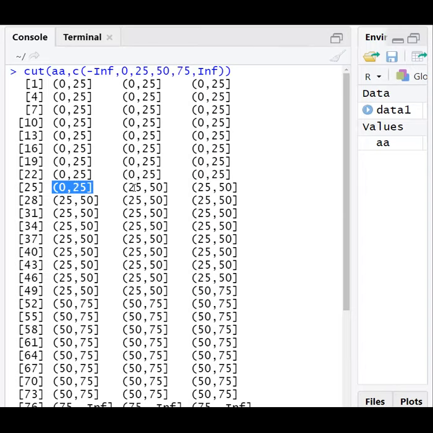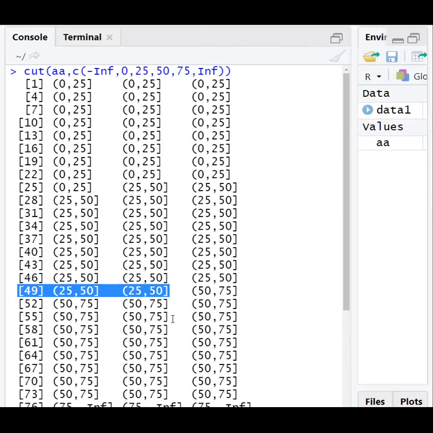Then the next value, 26, is included in the next range, 25 to 50. Since the index is 25 over here, this is 25, 26, 27, 28, 29, 30, like that. Then 49 is in 25 to 50. The next value is 50, so 50 is also included in the same range.